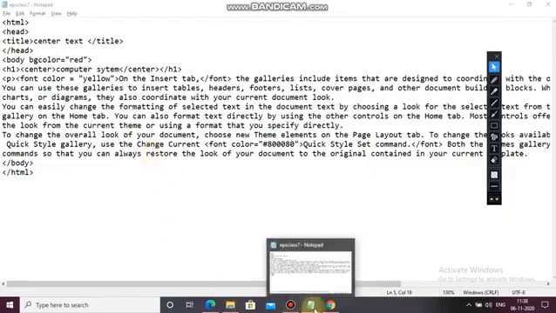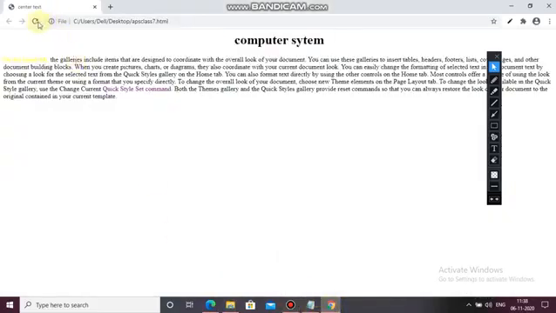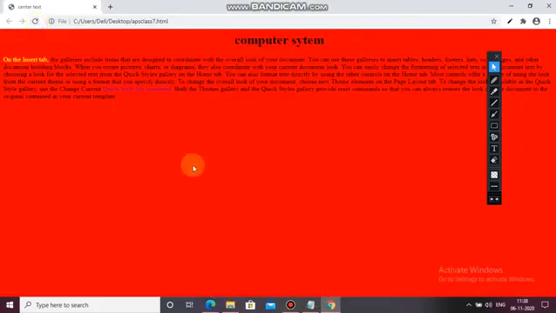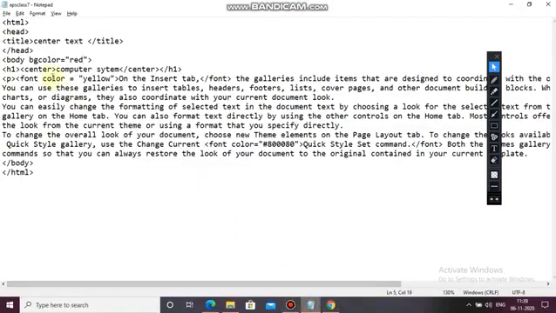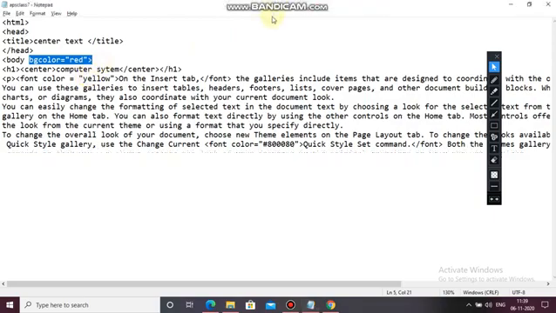Now Control S and then see, the color is changed. Means the background color of our web page is changed by using body BG color. So remember this, body BG color for changing the background. Clear? So very easily we can change it.